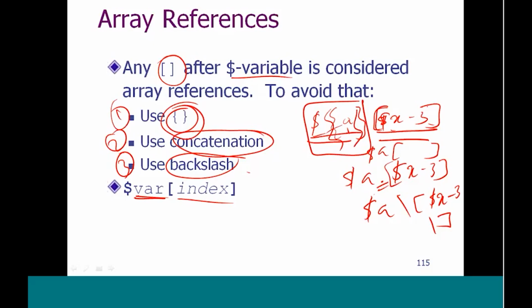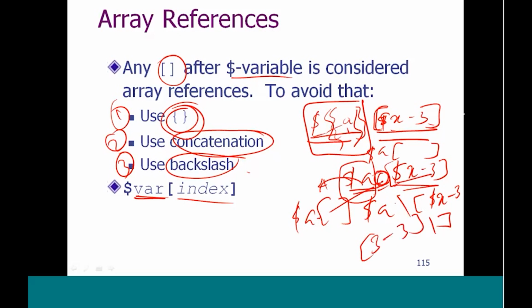The second method is using concatenation. Instead of writing $A and then this, we use the concatenation with the next one. So this is treated as one literal variable and this is another variable. Whatever this variable may be evaluated to, this is just represented as is, and then $x is evaluated, which is 3 minus 3. So it kept that way. And then finally